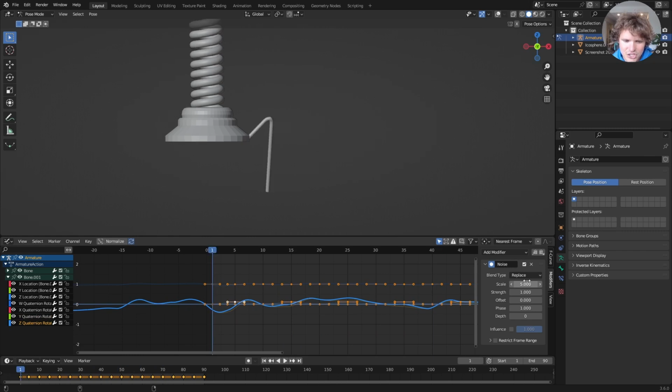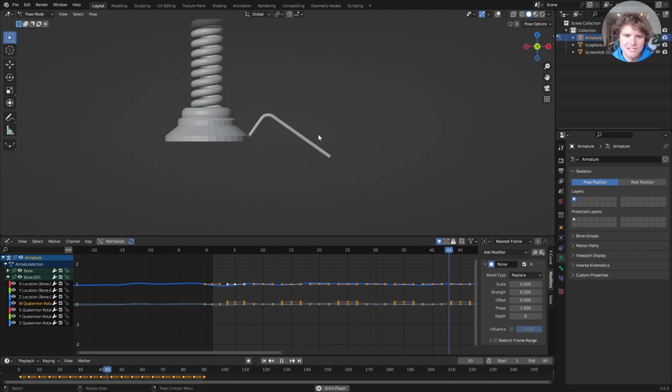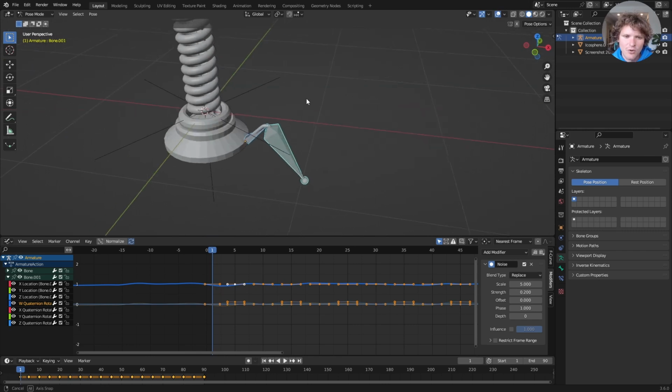So that looks a bit jank. But if we decrease the amplitude, the only reason I'm doing this is so that it has a bit more randomization. This should actually add some visual interest. Okay, so now it's not perfectly the same every time. Okay, so we have this, and now all we want to do, make sure to go back to object mode,